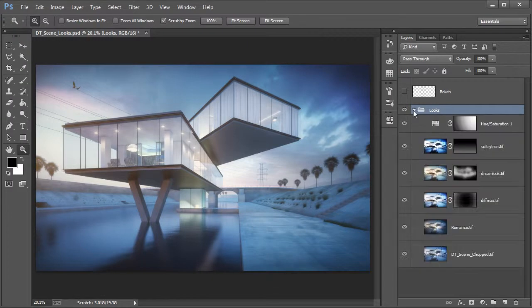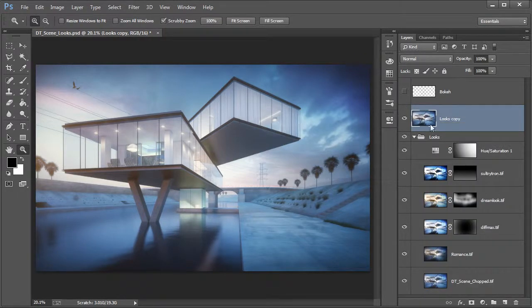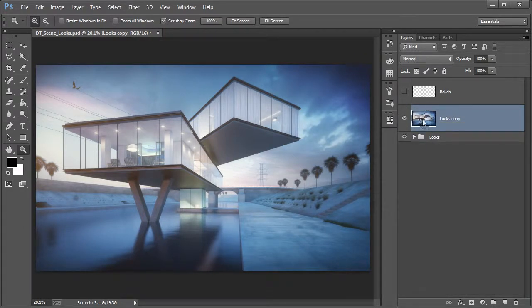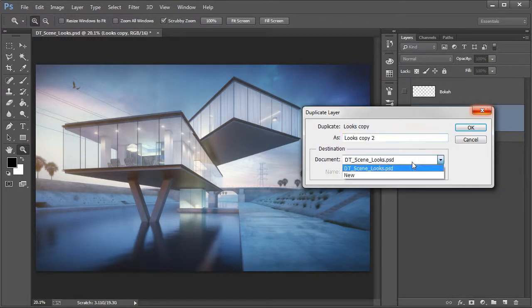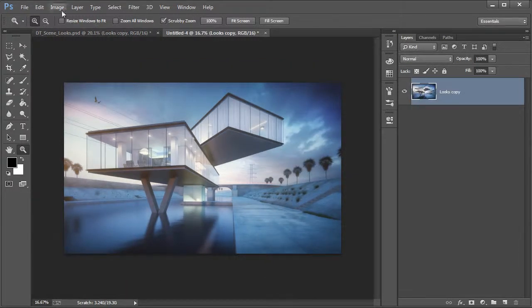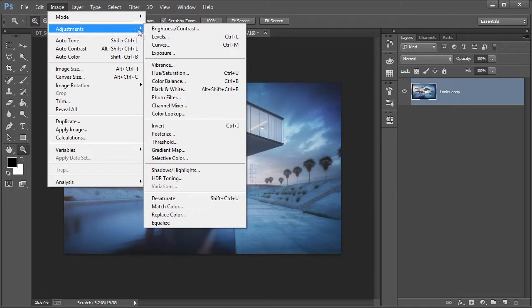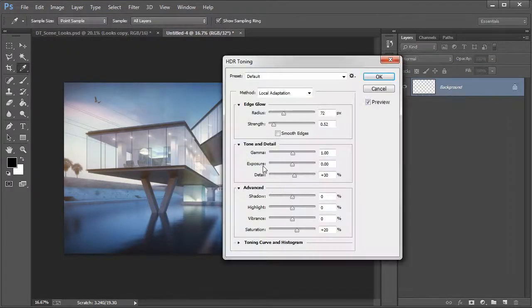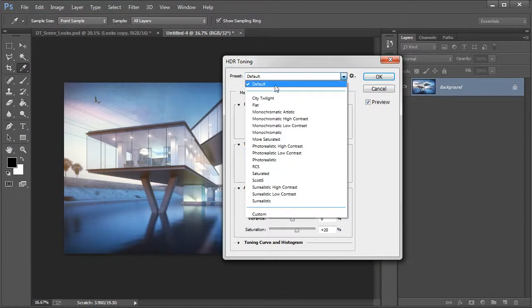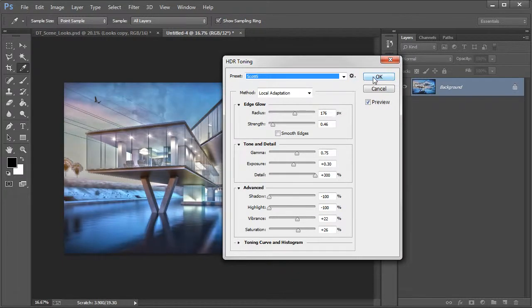Once I'm happy with the way these looks are looking, I like to group this, make a copy, and then flatten it. I'll take this group, duplicate this layer, and duplicate to a new document. Say OK, and then go to Image, Adjustments, and HDR Toning. If this comes up, just say OK. There are two particular presets that I like to use in here. One is this Scott 5. If we click on that and say OK,